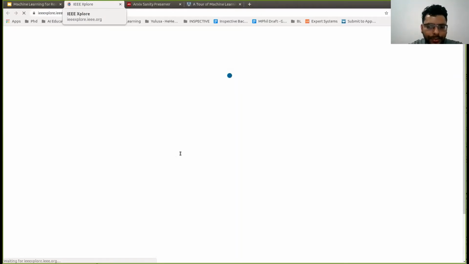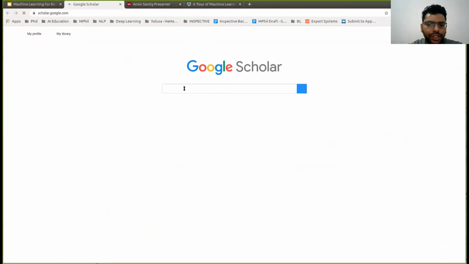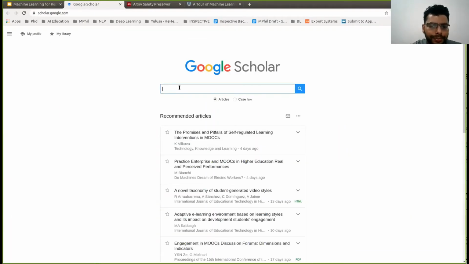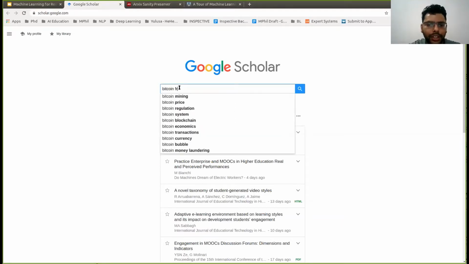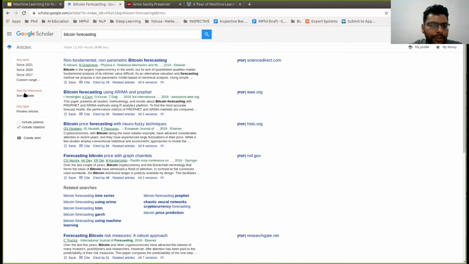Then Google Scholar is a very common place. Here you can search for a problem like Bitcoin forecasting, and you can sort by date using the attribute on the left side.